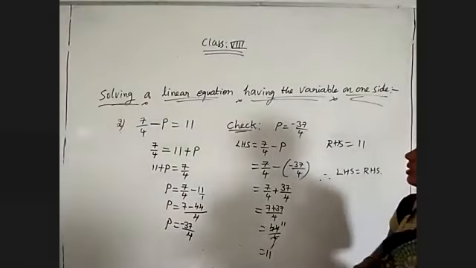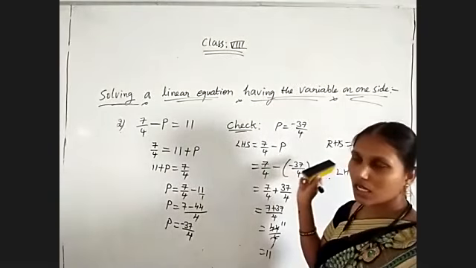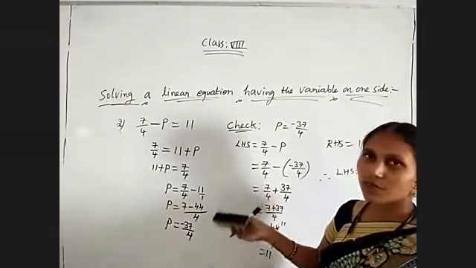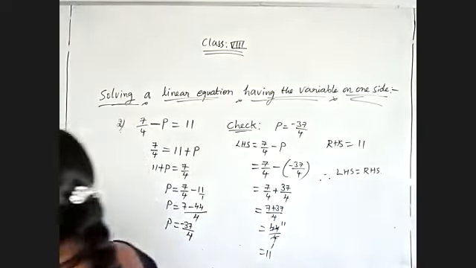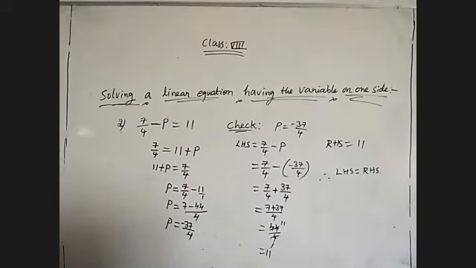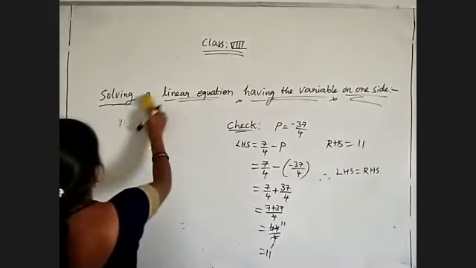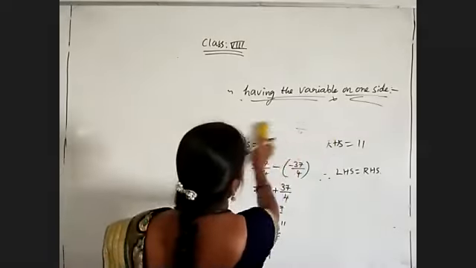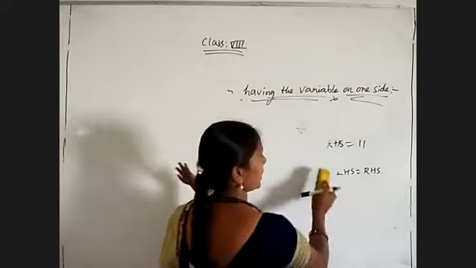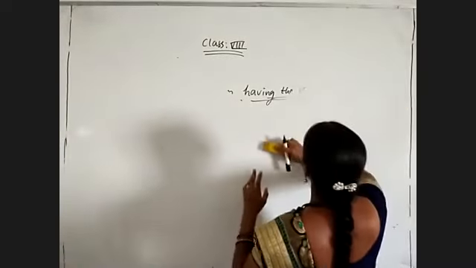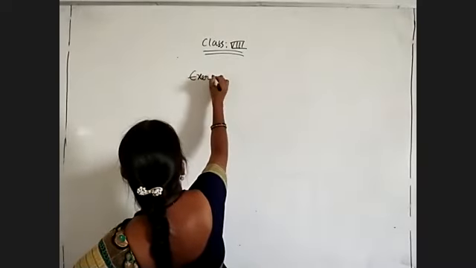So here we are checking whether we got the correct result or not. So there is no confusion in simplifying this type of problem. Now coming to the next example. Now I am explaining exercise problems. I am showing exercise problems under this condition only, with the variable on only one side, not on both sides. For this only I am giving the questions. So our first exercise depends completely on that condition.